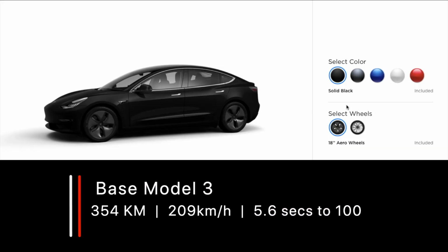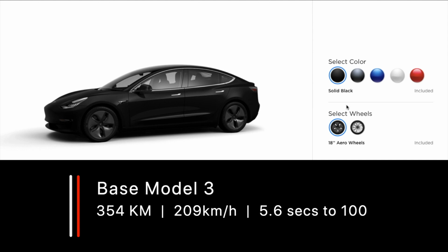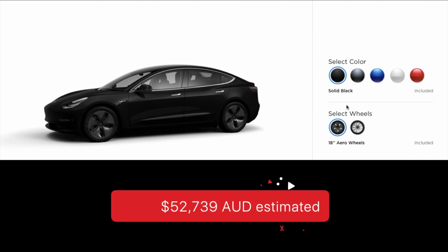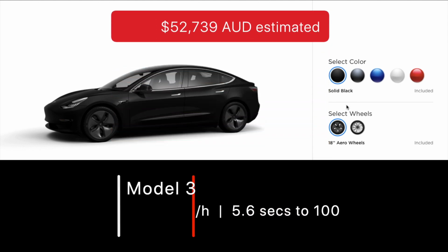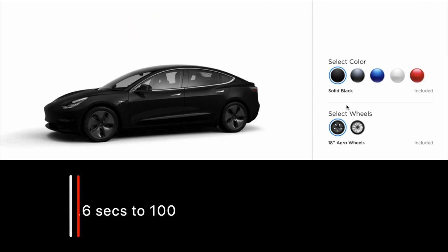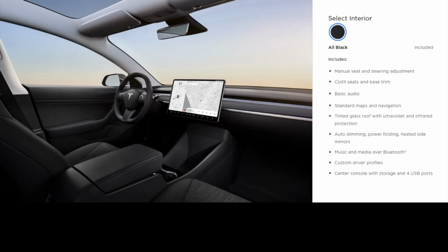Ready? Let's do this. Okay, so straight off the bat, the brand new Model 3 standard range base is $52,739. Now, this was surprising in that it's got a 354 kilometer range with a top speed of 209 kilometers per hour. And for the first time, we got to see what the entry level interior is going to look like. And that is a manual seat with steering adjustment, cloth seats and basic trim, a basic audio package,